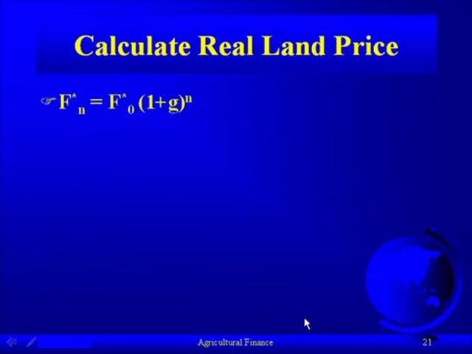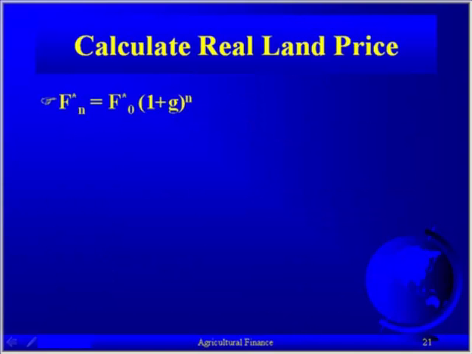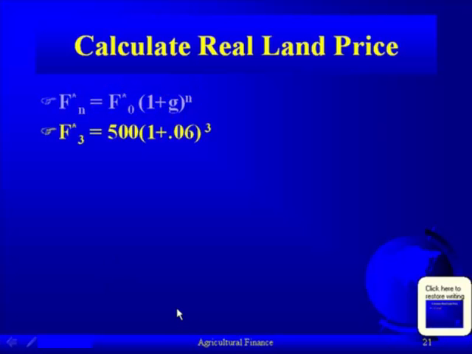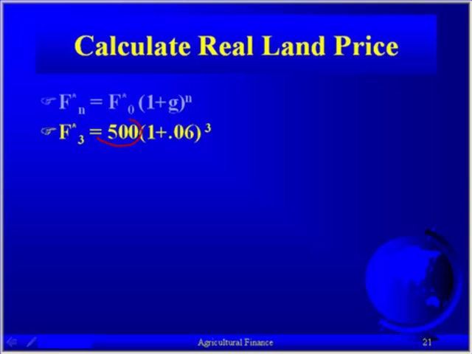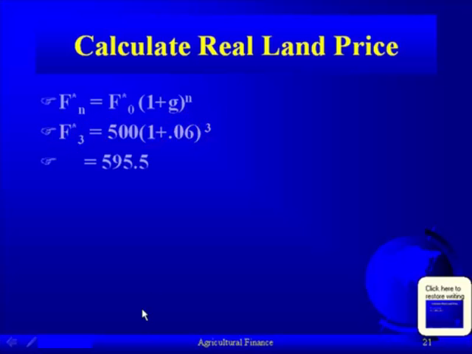We're going to use our formula again, where we take the real price of land and compound it at its growth rate for the appropriate number of periods. In this particular case, we said that the price of land today is $500. We said its real price is going to grow at 6% per year, so we compound it for 3 periods to find its real value at the end of 3 years. We do the arithmetic, and we see that land prices in real dollars is